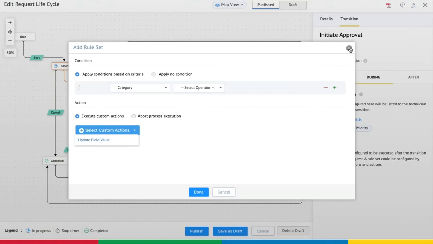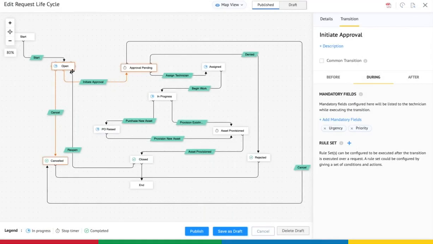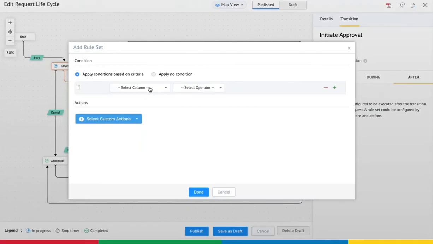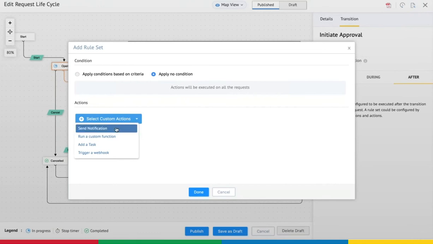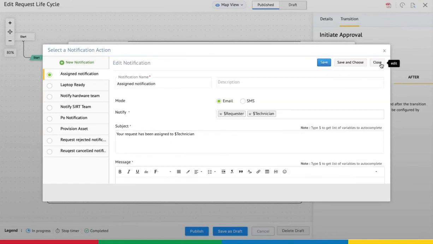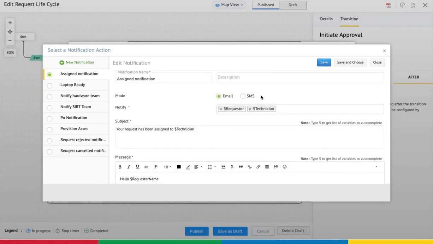And finally, after the transition, after the movement of a request from open to approval pending status, I am given once again a rule creation option where I can set up a condition or apply no condition, which means it applies for everything. And I'm presented with 4 options. One is to send notification. When I click on that, I am given notification templates. I can edit it, and choose who should be notified and what format of notification has to be